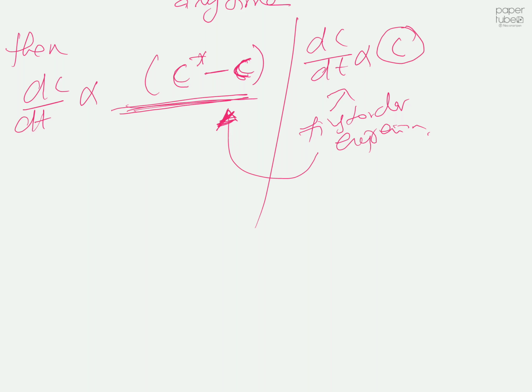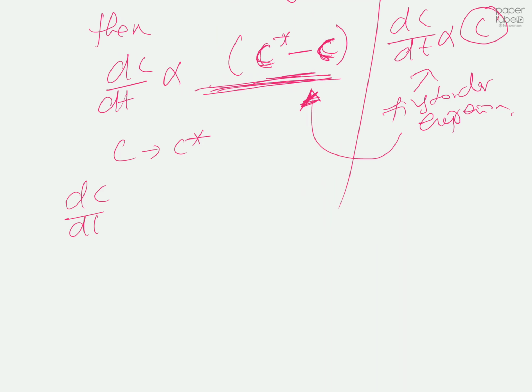You need a concentration gradient for diffusion to happen. And when your C reaches C star, the change in concentration will be equal to 0, which means no mass will be transferred